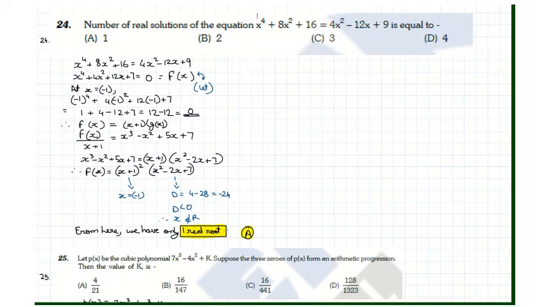When we put the value of x equal to minus 1, the equation turns out to be 0. Thus we have x + 1 as one of the factors. When we divide f(x) by x + 1, we get x^2 - 2x + 7. Hence when we take the discriminant of x^2 - 2x + 7, it comes out to be less than 0, due to which x is not an element of R, that is, x is not a real number in x^2 - 2x + 7. Thus the only real root we get is x = -1.